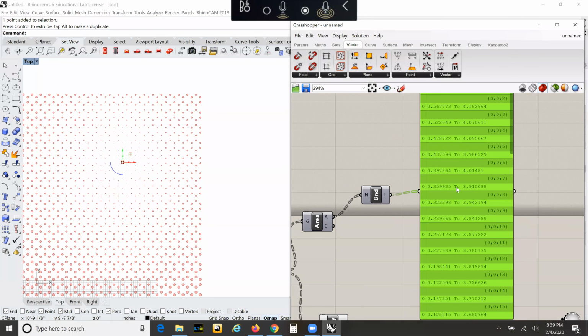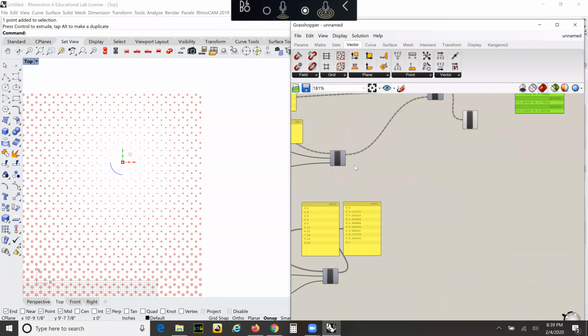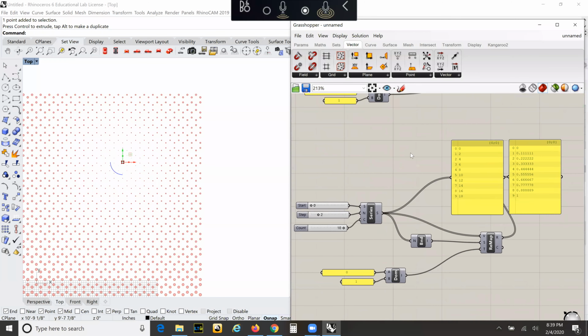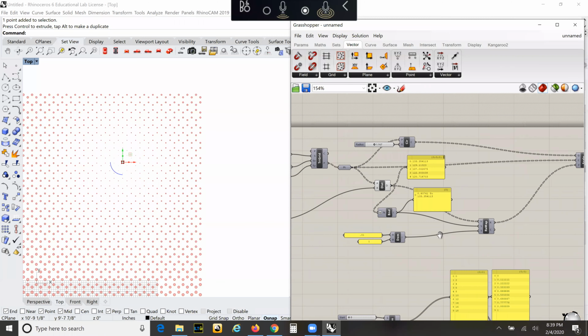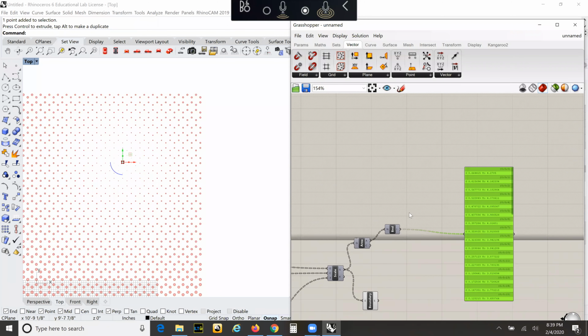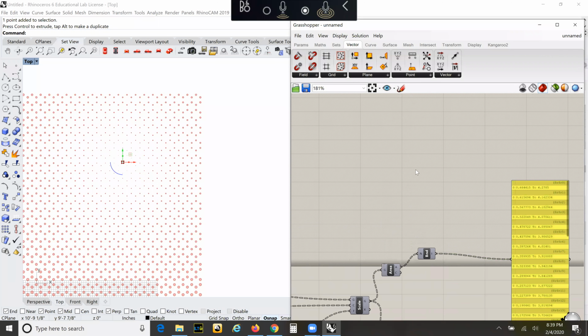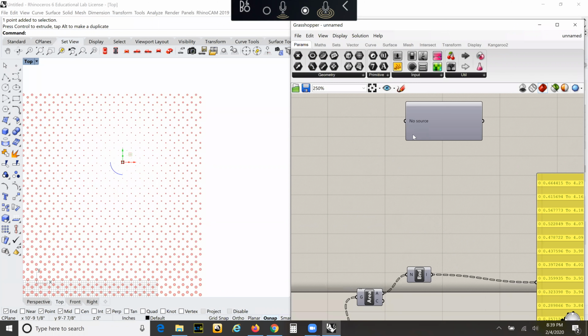Data trees are how the data is organized. So you may remember me doing a quick little command over here. It's a flatten. That reorganizes our data tree. In fact, if we're curious what our data tree looks like,